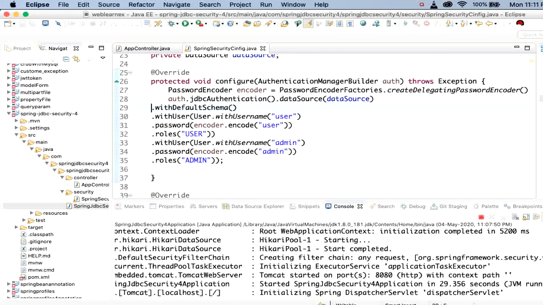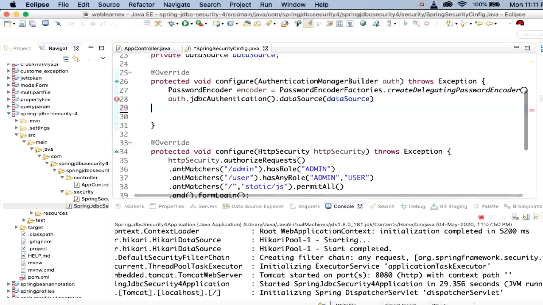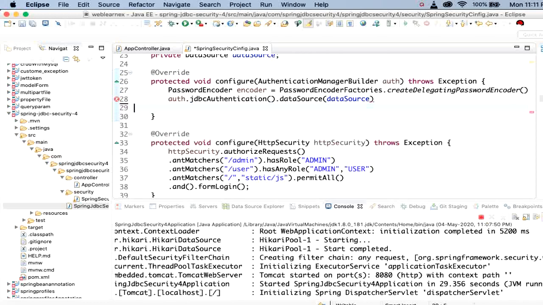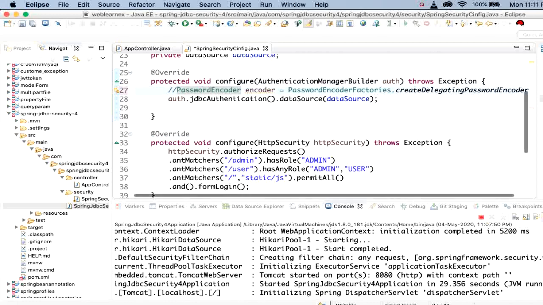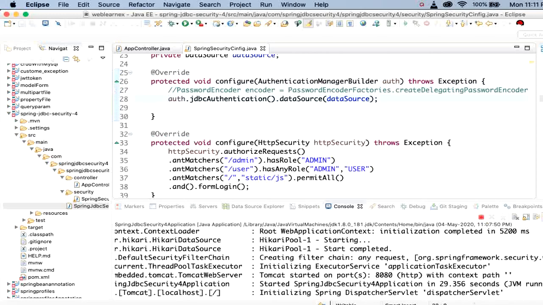So Spring Boot, let me delete it, and I have passed the semicolon here. Spring Boot also provides a user database with the authorities. So Spring Boot provides one fixed pattern to create the database.